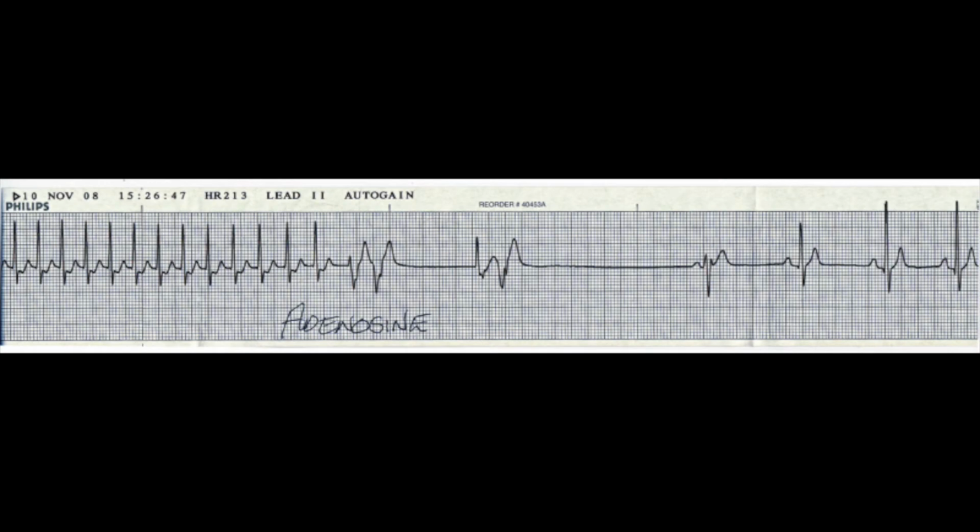If those ways don't work, you can move on to some other things that would require medical attention, like a hospital. So giving the medication adenosine through an IV push, that has a very short-acting half-life, but basically you'd push it, it'll stop the heart rate, and then it'll hopefully pick up in a normal rhythm that's not greater than 100 or 200 beats per minute. You can do a couple rounds of that. If that doesn't work, then your next bet is going to be cardioversion